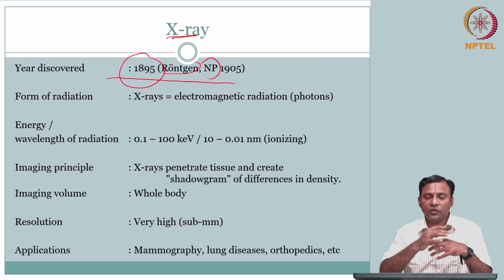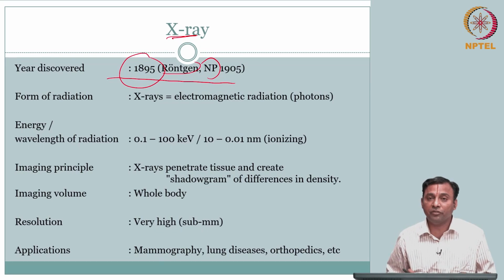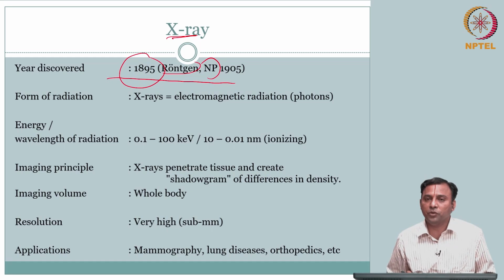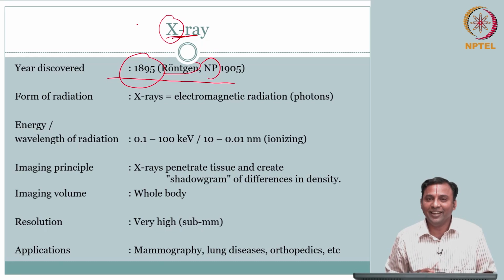He had actually concealed the photographic film, and he had gone for vacation. He came back and saw the photographic film was exposed, and he was not sure what happened, because he took all the precautions so that it is not exposed to light, but it was still exposed. So he said, okay, there is something beyond what we know, there is some other ray. If you don't know much, you treat that variable as X, right. So he started calling that an X-ray. So it was an accidental discovery in that sense.